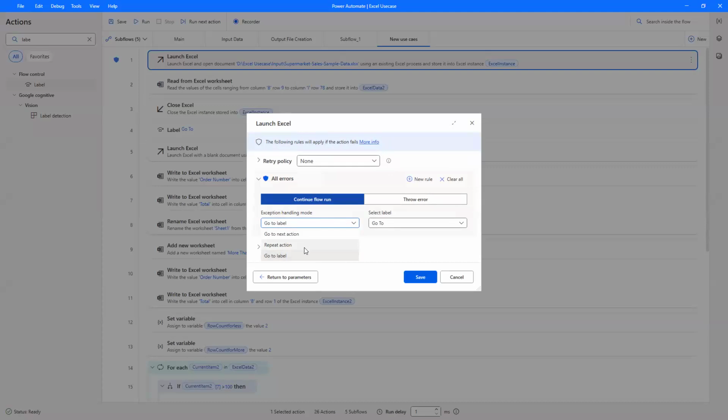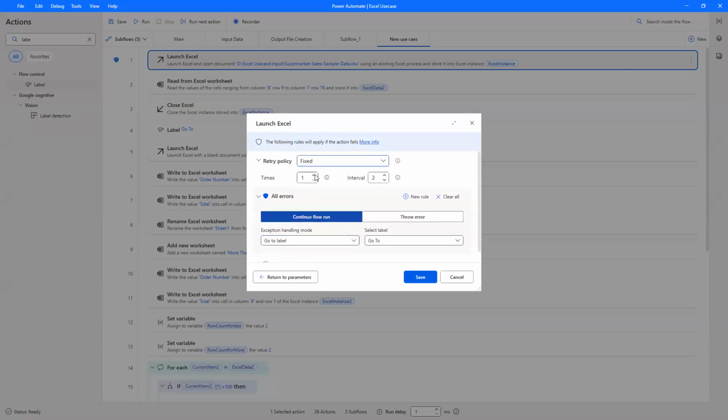We never use this actually, because repeat we can do from here only. Then why would we go here? Retry we are doing over here, so there is no point. What we usually do is keep two fixed retries, usually every 3 or 4 seconds. If it is still not working, it should continue, go to next action, or go to label,